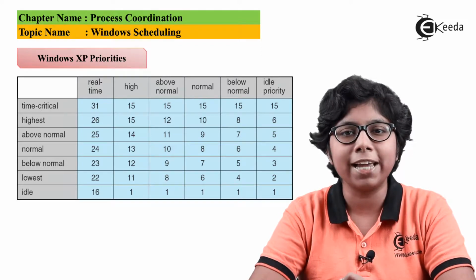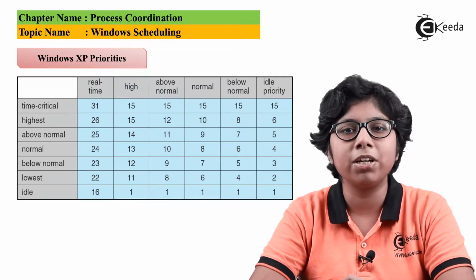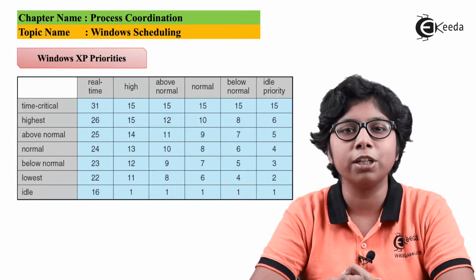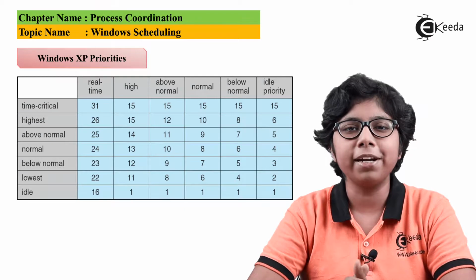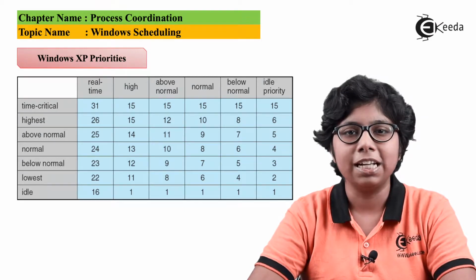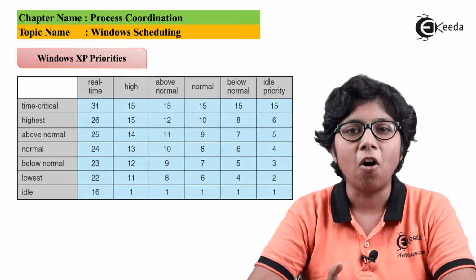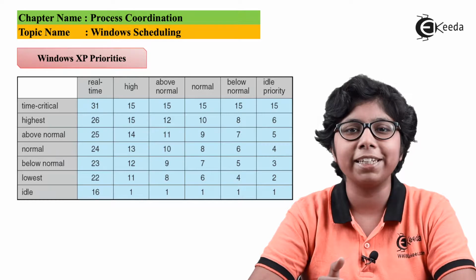Now the code segment which is run by the Windows scheduler is known as the dispatcher. The dispatcher selects the processes among the threads and then allocates the CPU to them. The high priority thread will run in the kernel until it terminates, the time quantum expires, it makes a blocking call, or it is terminated by an interrupt, until and unless the CPU is allocated to the high priority